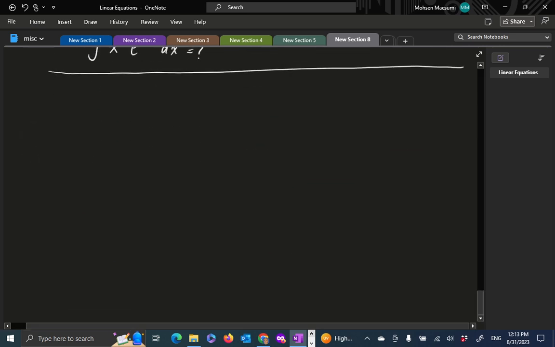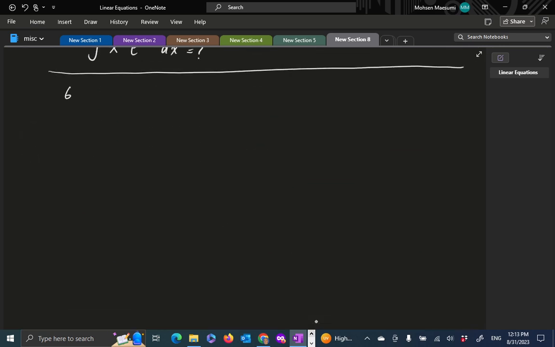So let's see, problem number 6 I had listed up there was x y prime minus y is equal to x squared sine of x. So let's throw in some trig components here. What did we say we do first? Standardize. So y prime minus 1 over x y is equal to, dividing by x,